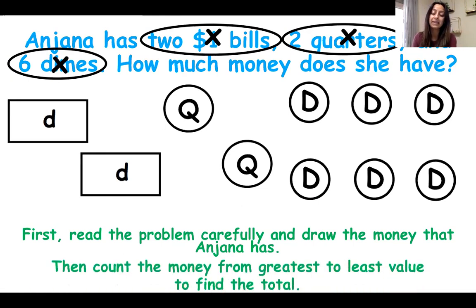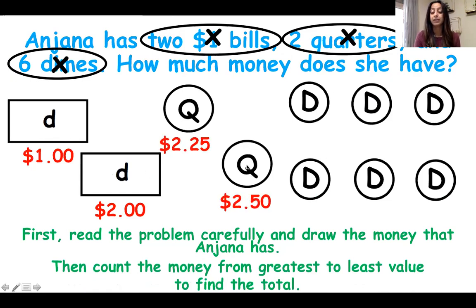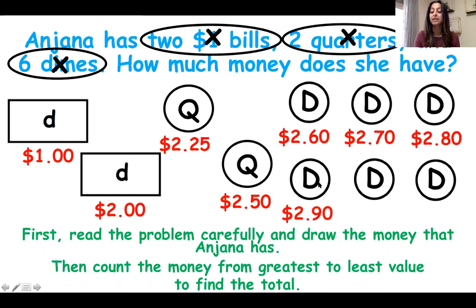the coins. This time it just so happens that our money is already in order for us, so we just have to count the dollars, then the quarters, and then the dimes. Here we go. $1, $2, $2.25, $2.50, $2.60, $2.70, $2.80, $2.90,